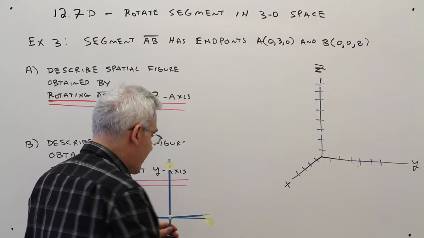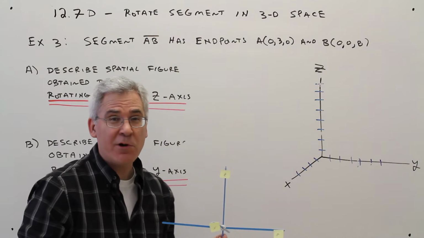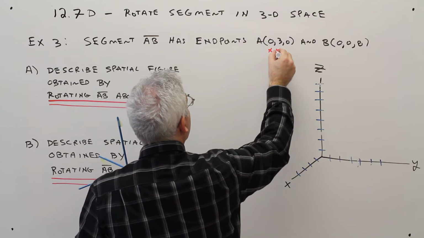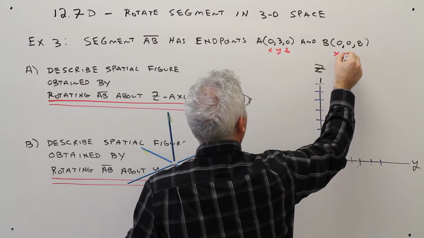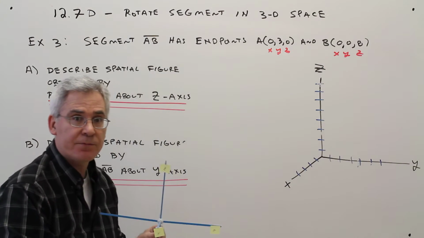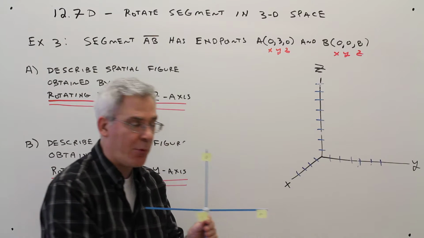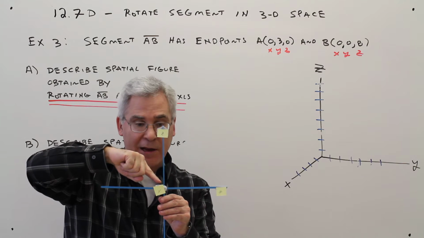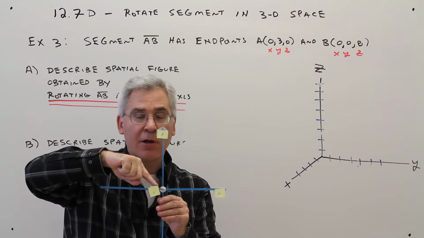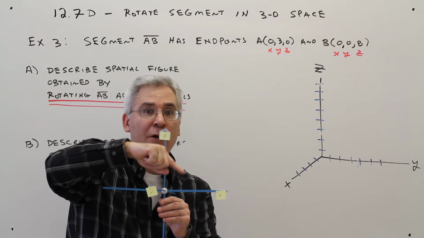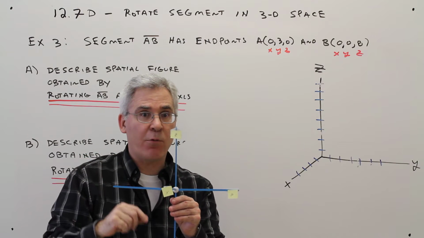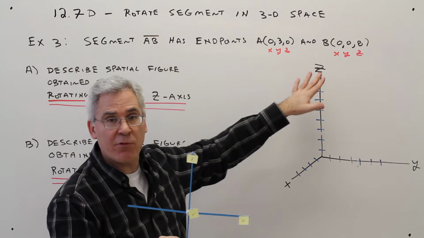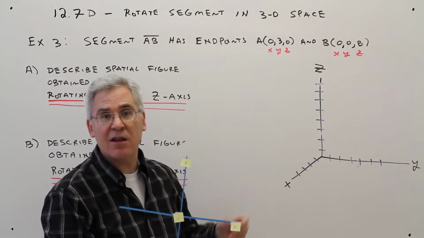All right, so as far as coordinates, now we'll have an x, y, and a z component. And it goes in order, x, y, z. The way that you plot points is you start at the origin. First, you go the x coordinate. From there, you go to whatever the y coordinate is. From there, you go to whatever the z coordinate is. Okay, so let's see if we can first plot this in three-dimensional space and then rotate it and describe the